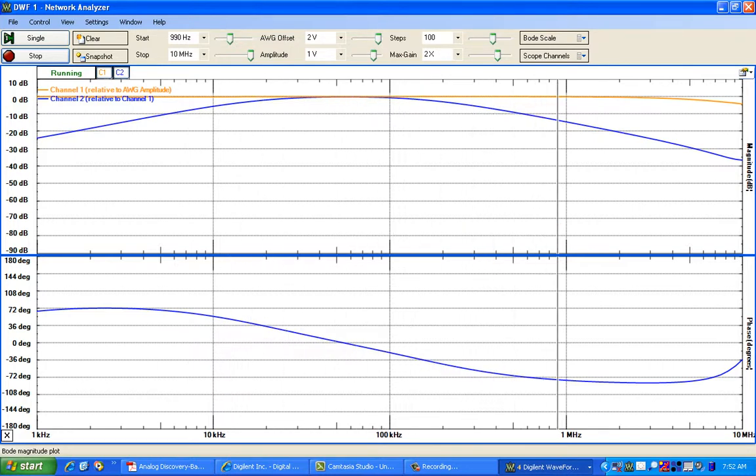And at the same time, we can use this software extensively to construct a simple RC coupled amplifier and to test the frequency response of the RC coupled amplifier also.